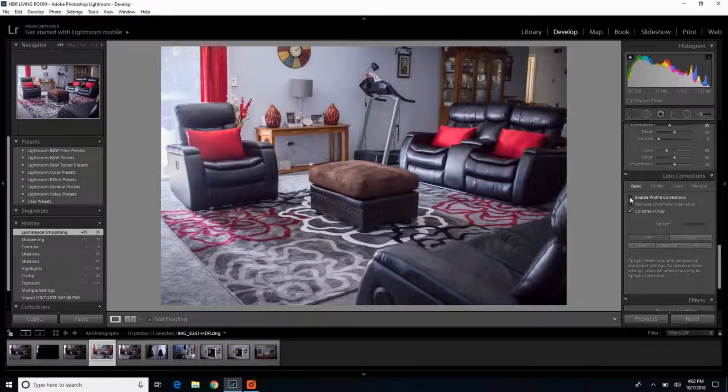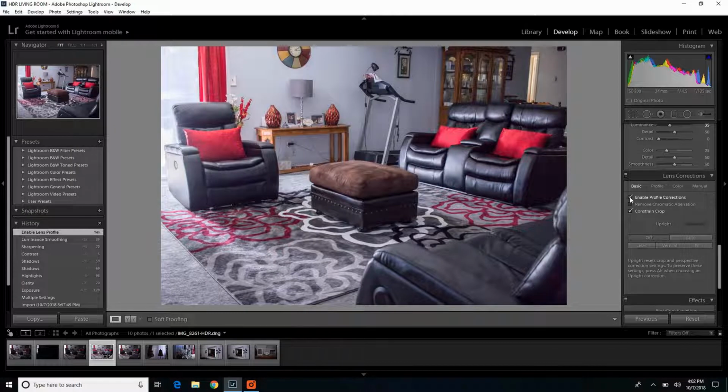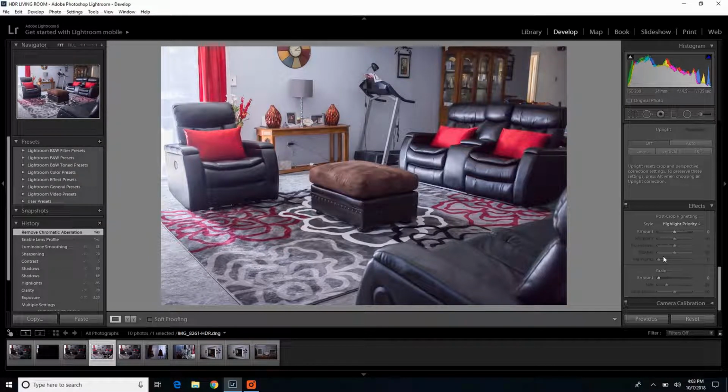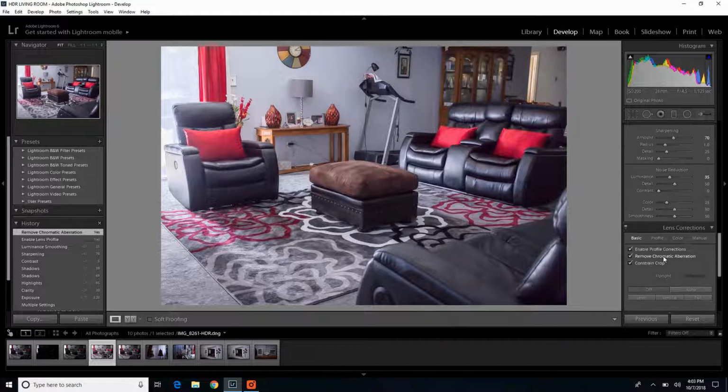We're going to enable our profile corrections, which is going to tell it, hey, I shot this photo with this lens. And so if you come over here, you can see it's telling me I shot it with a Canon and with a 24mm lens, the pancake lens, EFS mount. We're going to go back, and we're also going to remove chromatic aberration. So that's going to fix any purple fringing that you see around the outsides. And now I'm going to come on down. I'm going to bypass effects right now. I'm going to go back up